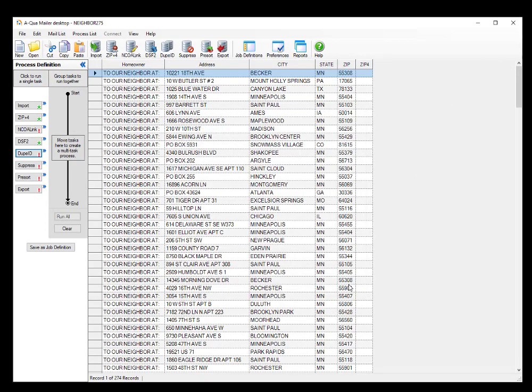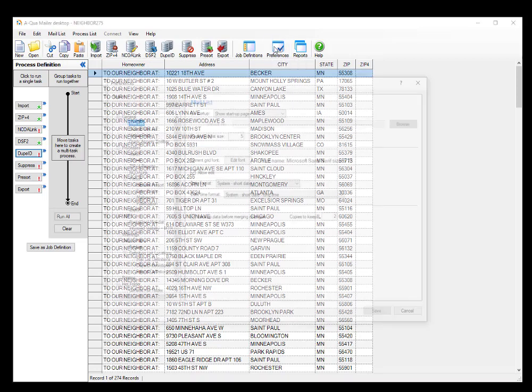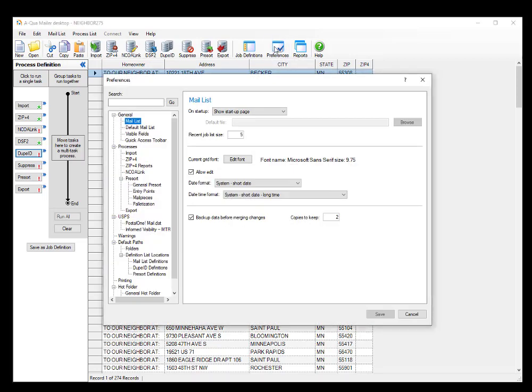Qua Mailer Desktop is all about making this easy to get right. So before we select our processes, I'd like to draw your attention to preferences. Preferences allow you to customize your Qua Mailer Desktop experience. Nearly every aspect of the application allows for the customization of default values with preference settings. So for example,